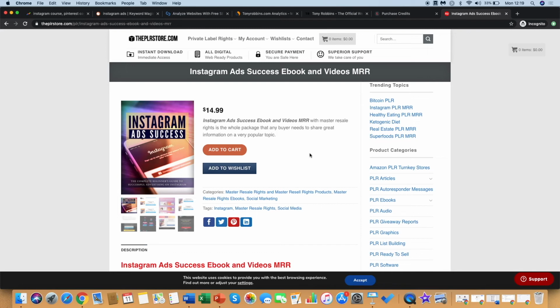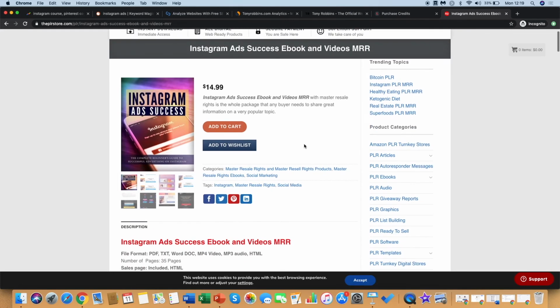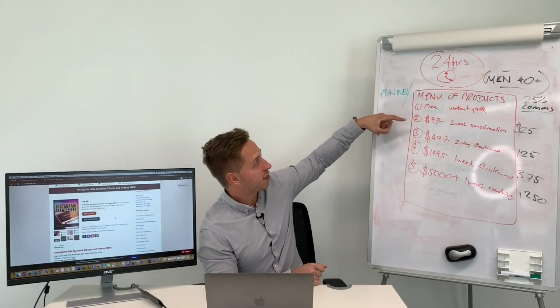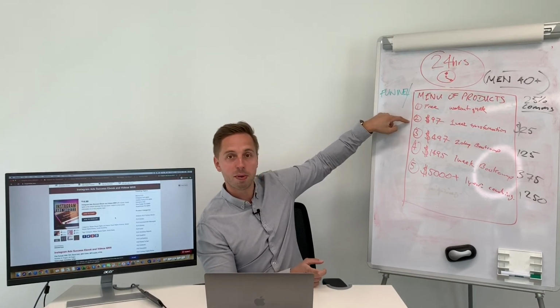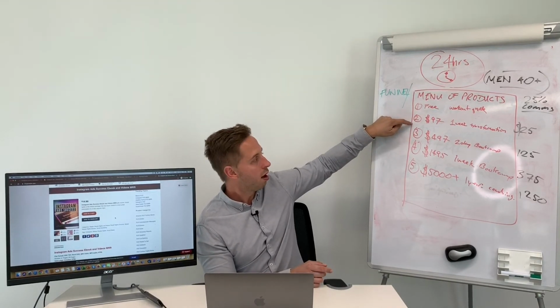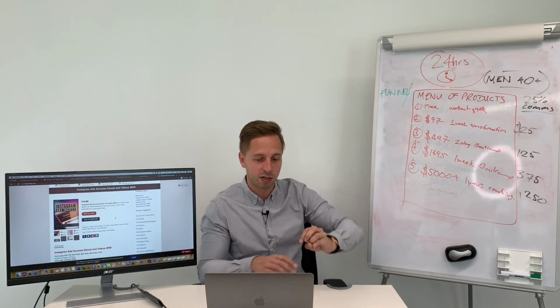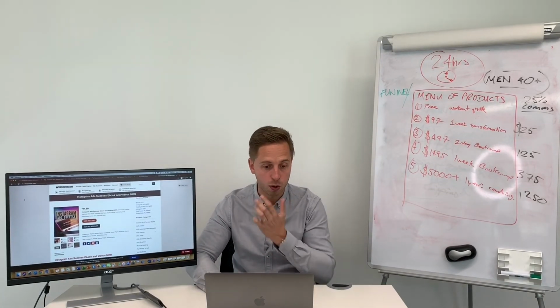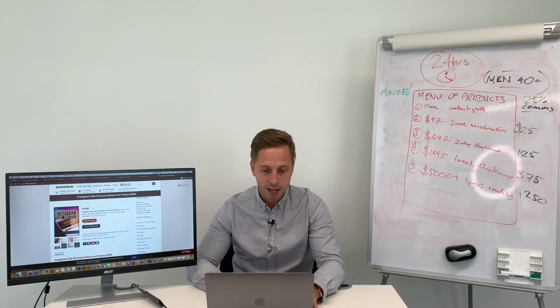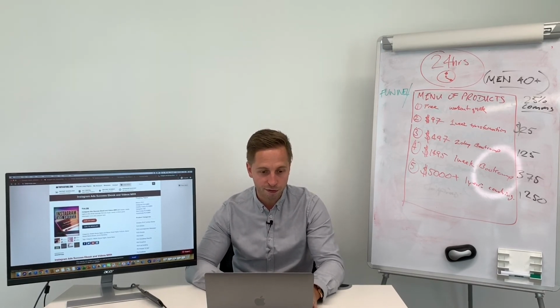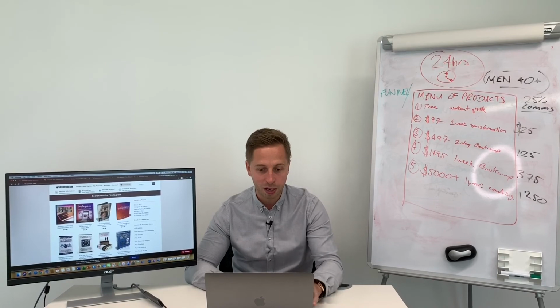We validate our product. So that's basically, if we look on my board here, that's gonna be the second step. That's gonna probably be my $97 product. I will then find some more expensive products to sell for Instagram. In fact, what I would probably do, coming back to my screen, is I would go out and I would find other products that accompany Instagram well.